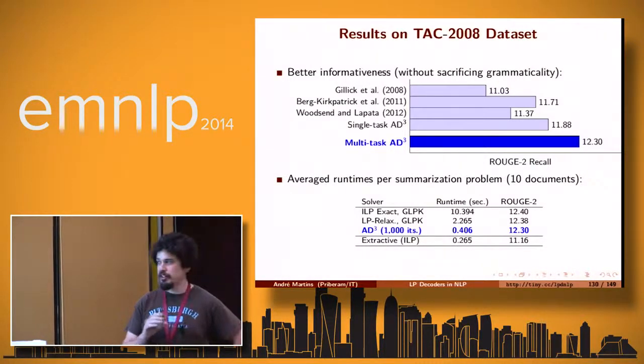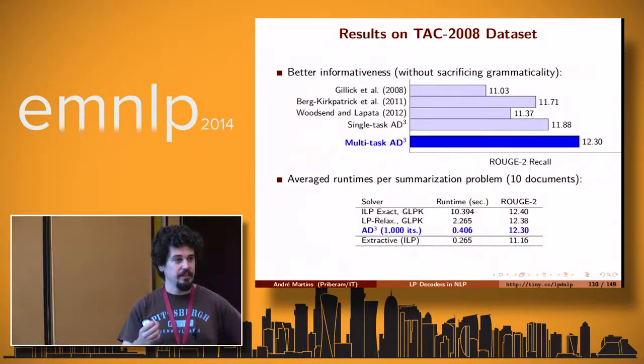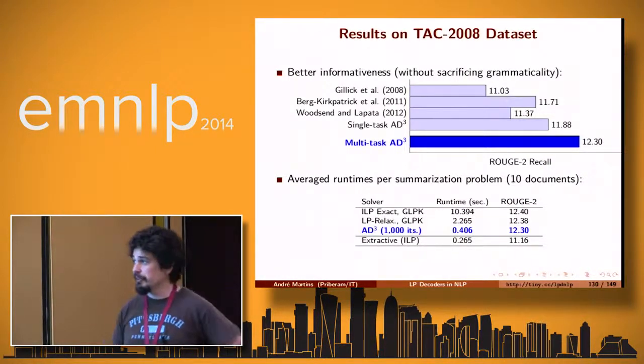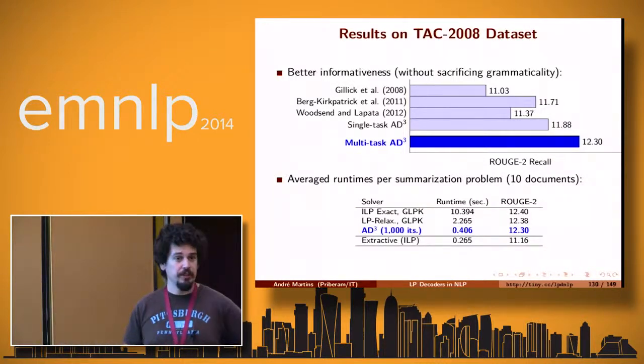Let me rephrase. You're asking if the summaries that you get at the end are grammatical enough to be useful in a practical application? Yeah, so they are not as grammatical as the ones obtained with the extractive system, because in the extractive system it's the entire sentence. So it's usually the best that you can have when it comes to grammaticality. But